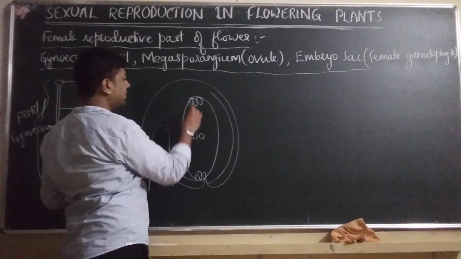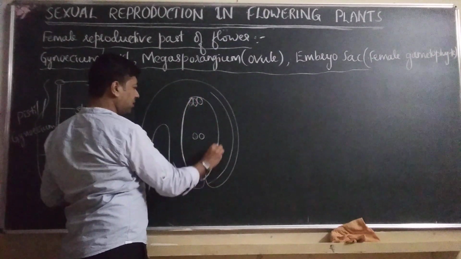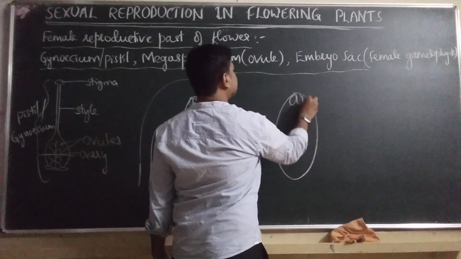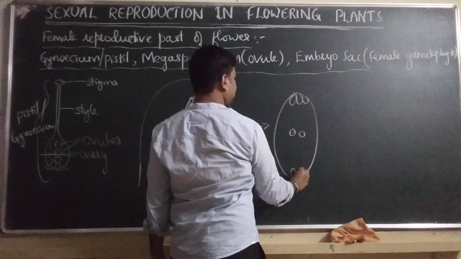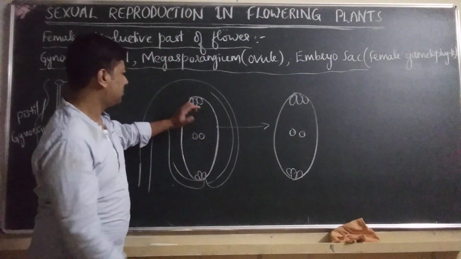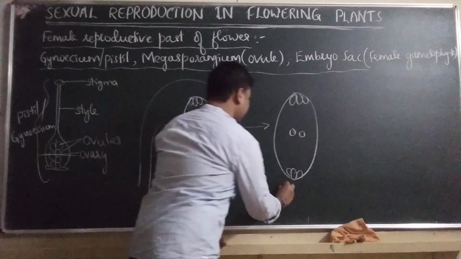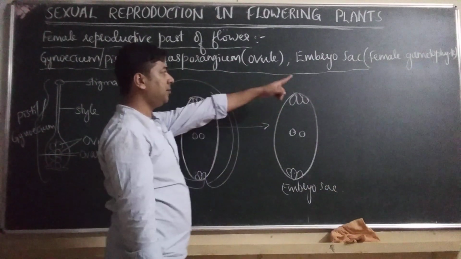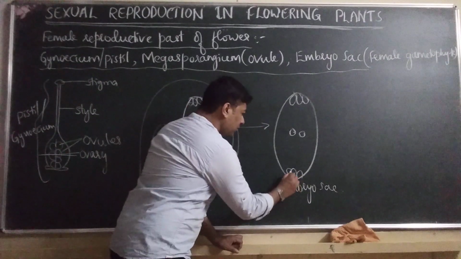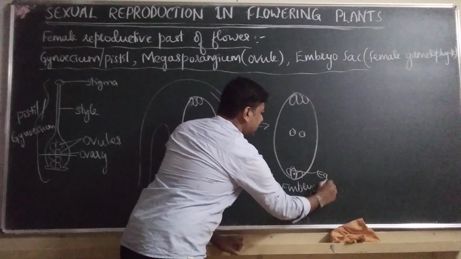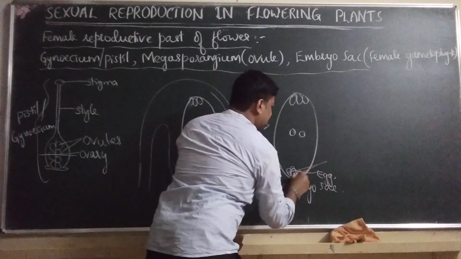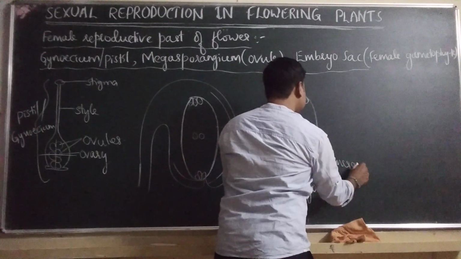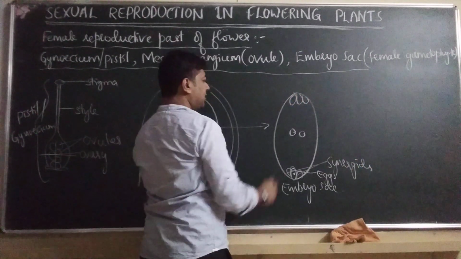Then, within the ovule, what is this structure now? If I draw the same thing here like this, only this part I am drawing there. That is the embryo sac. Embryo sac is called the female gametophyte because of the egg here. The egg is at the center, and these 2 cells just beside the egg are called synergids. You already know, first year you have already done.